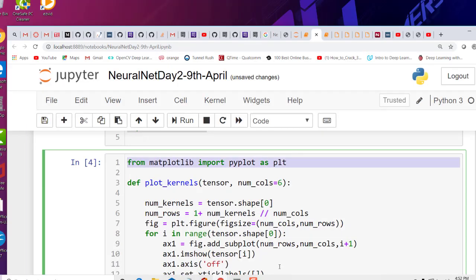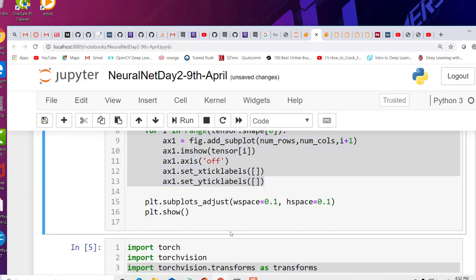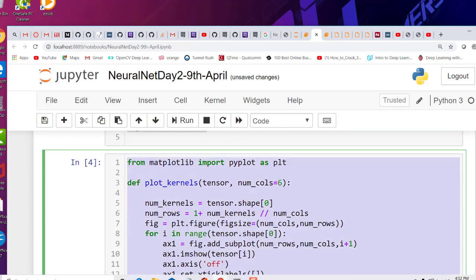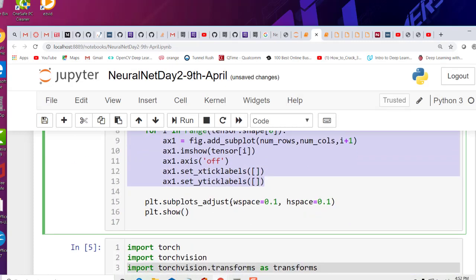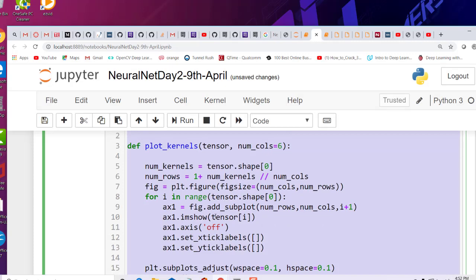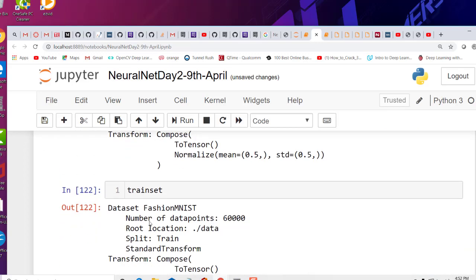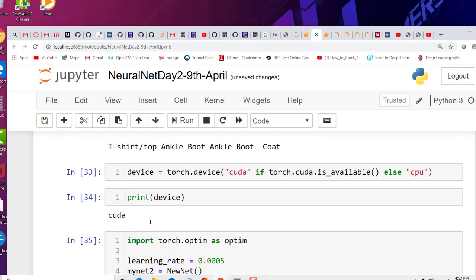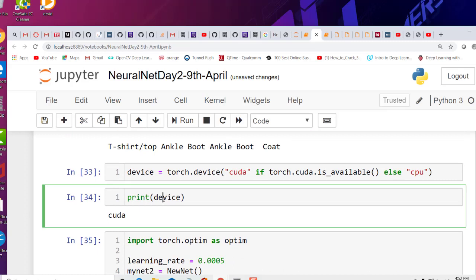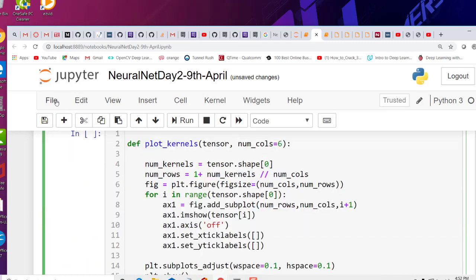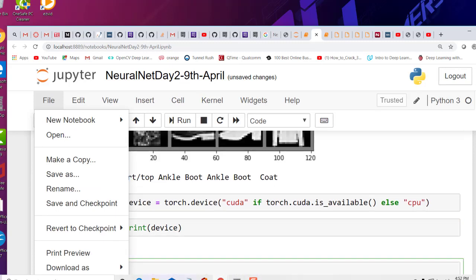I don't need this function. I'll move this function to the end. So just copy paste this. I don't want it here. I want it at the end. Maybe I won't use it. I'll take this and copy to the end. Control X. Take me to the end. Somewhere where it doesn't interfere. I'll put it here. I think this is a place to keep that. Okay, file save. It automatically gets saved.